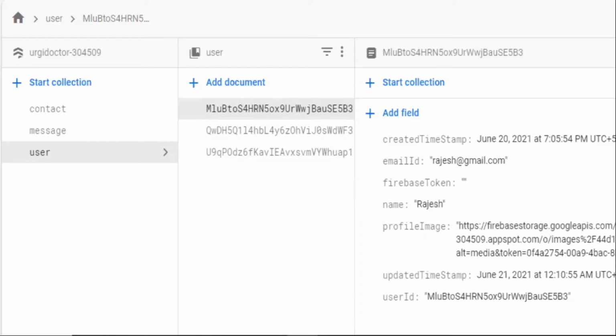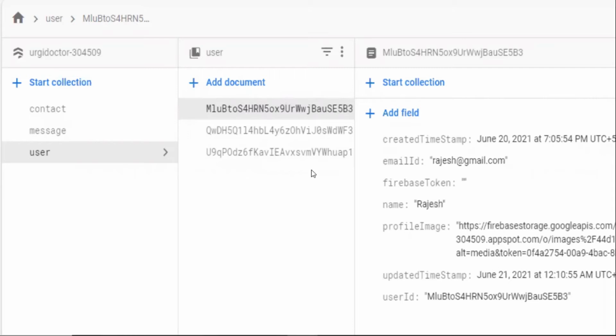So I'm directly saying how to write queries. When you write any query to your database, you search on any document field. To get the data of a user, you can write a query on your user ID: get data from the user collection where the user ID contains the auth user ID. Here Firebase searches all the documents in your collection, and the document whose user ID matches, you get that record.